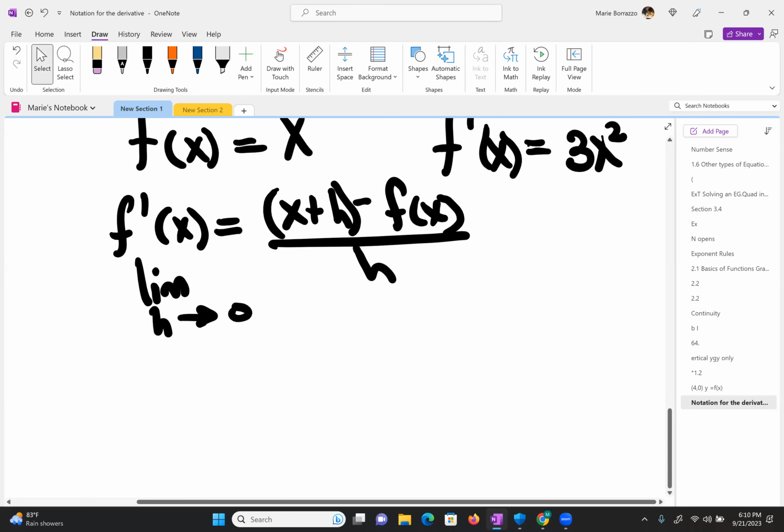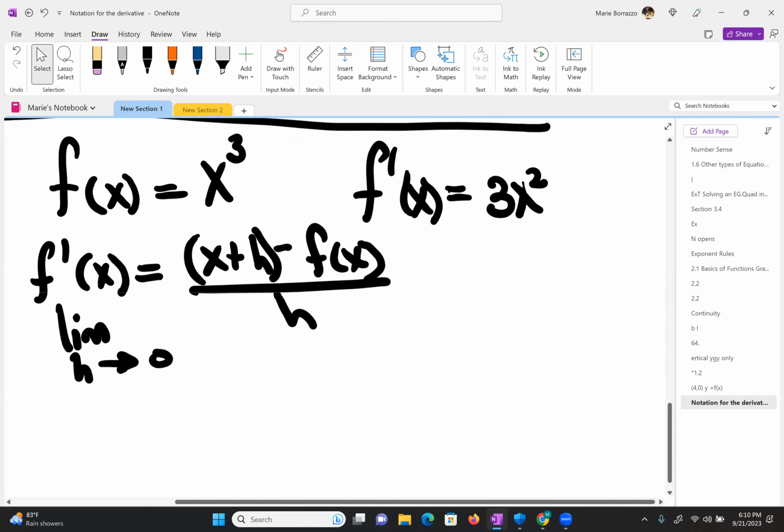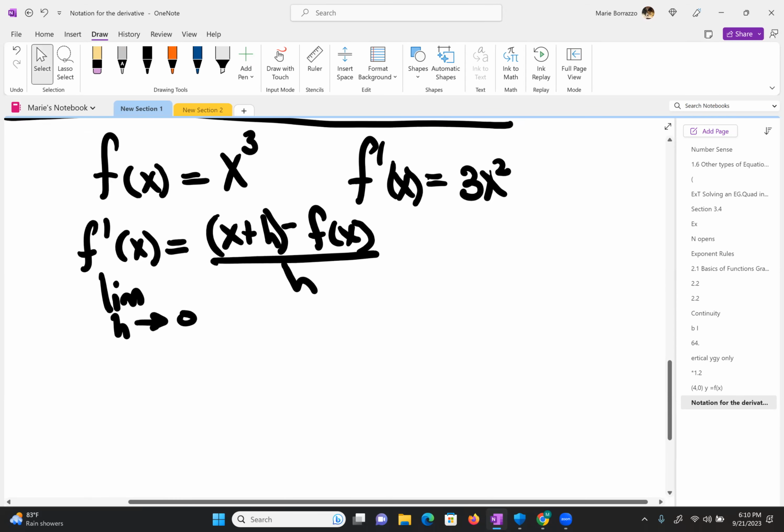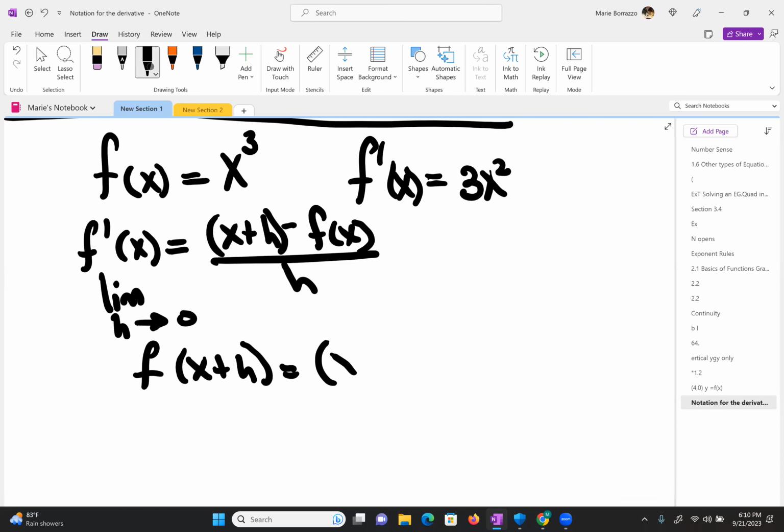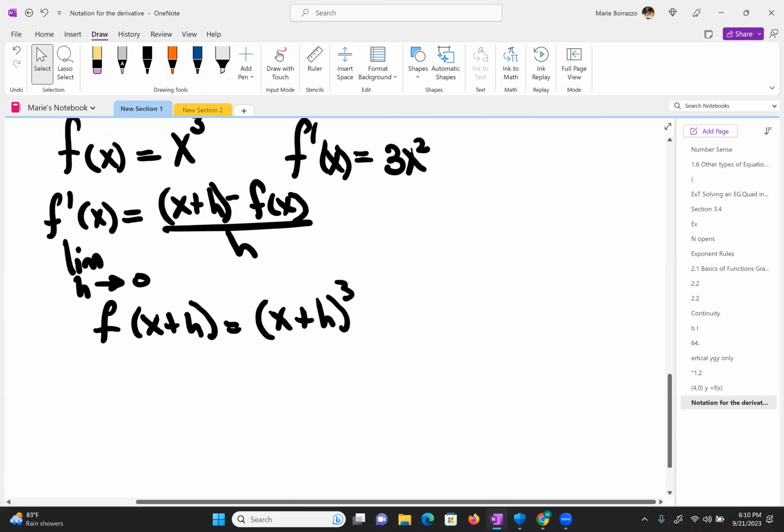So when we plug it in, if they were to give us a function, let's say hypothetically, we would go back to the x cubed. Let me make that a little smaller. Then technically, this becomes f of x plus h. Well, that becomes x plus h cubed. And so when we do this function, if we throw this into the actual values that we have for this equation right here,